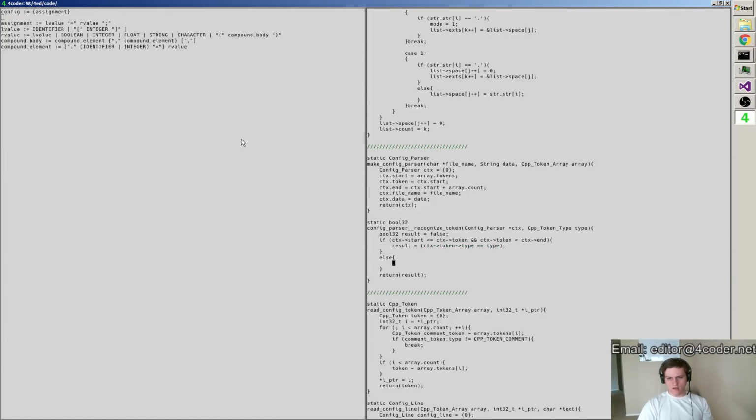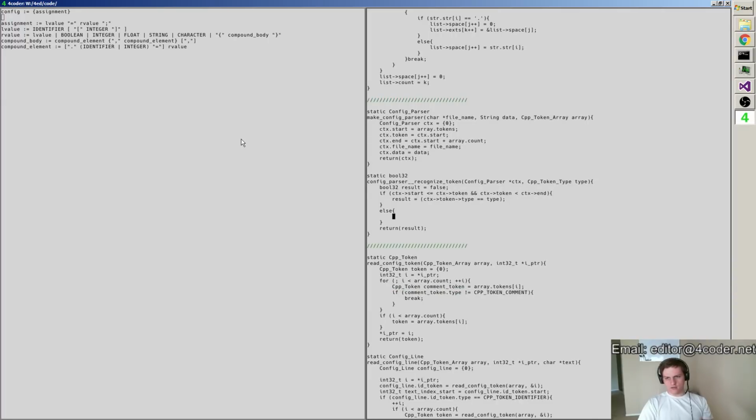Else, if we're in this situation, we're going to say else if, and I think I can go over to my Lexer types here, CPP token